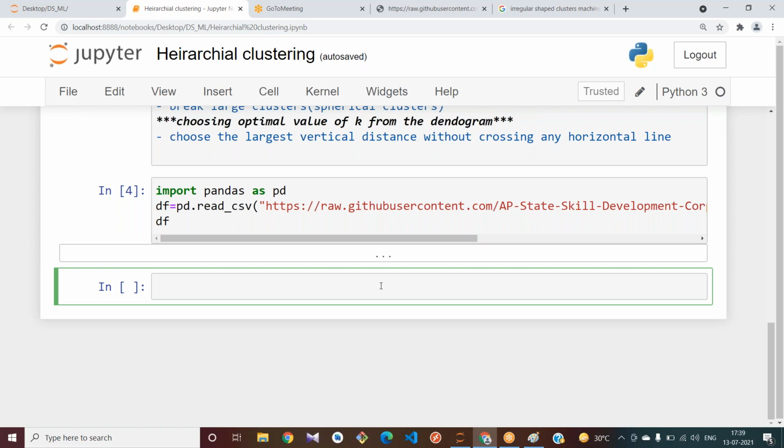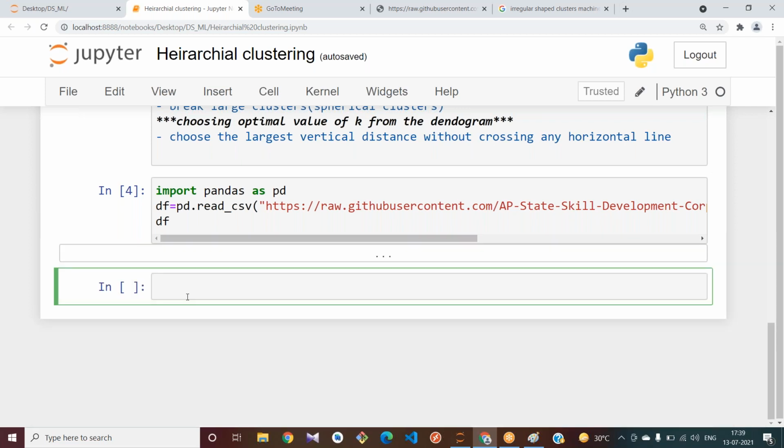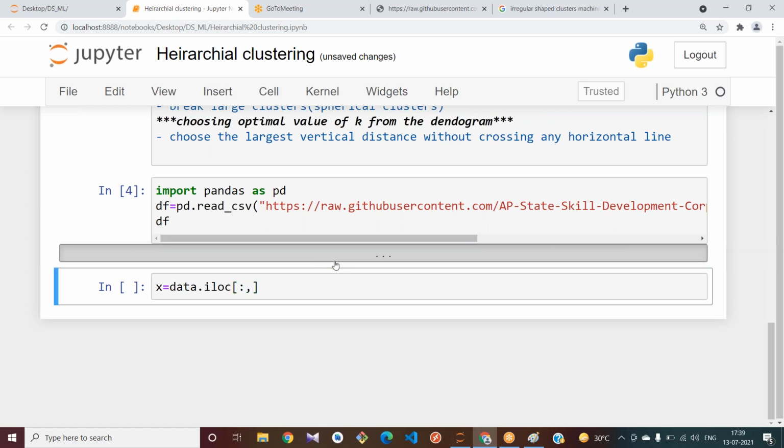I'm trying to extract the annual income and age columns. Try to use age and annual income. X here is df dot iloc. I want all the rows. What are the columns I need?